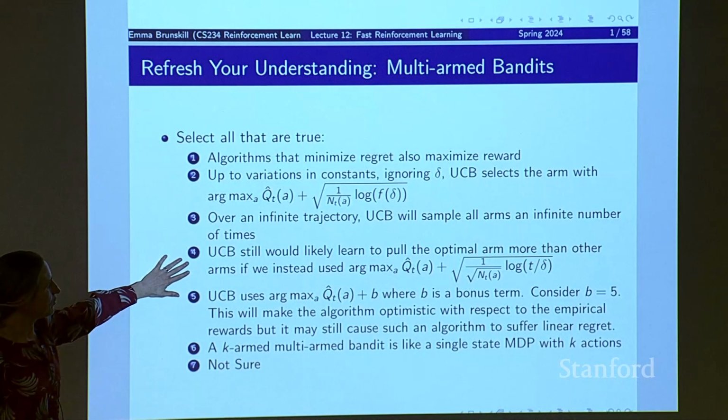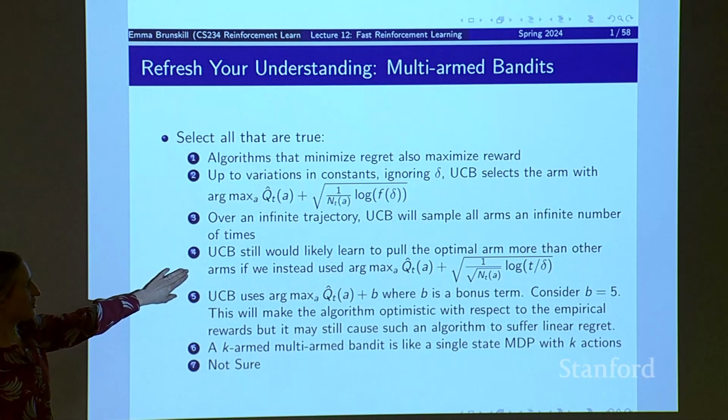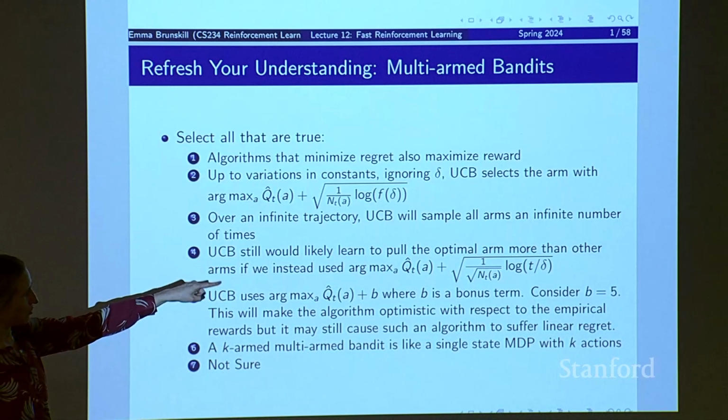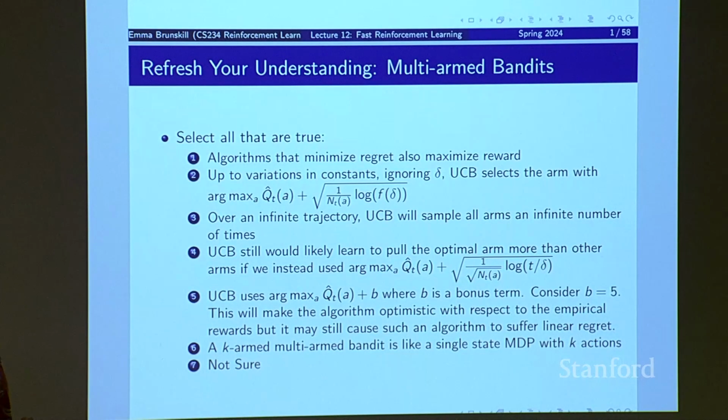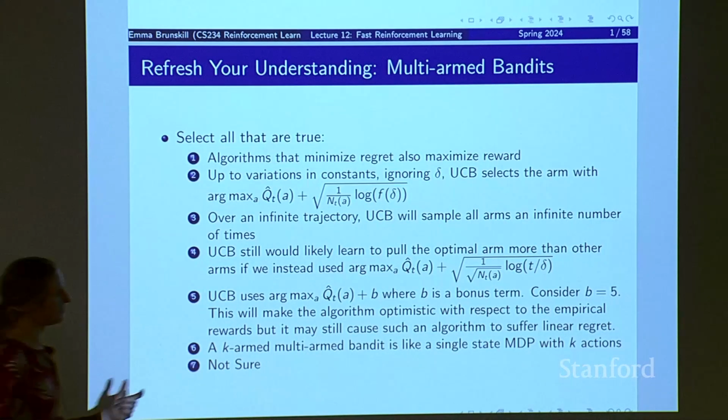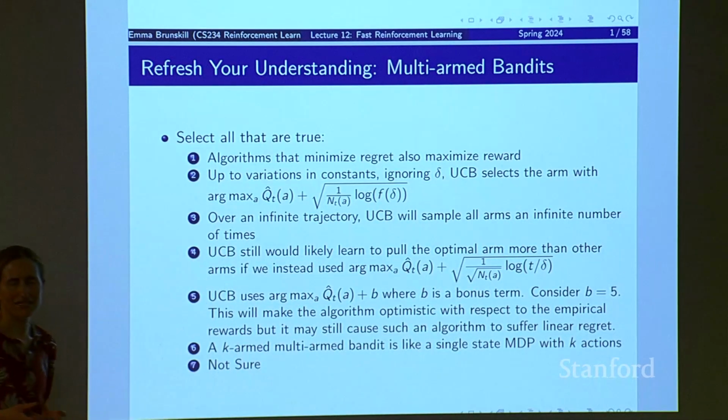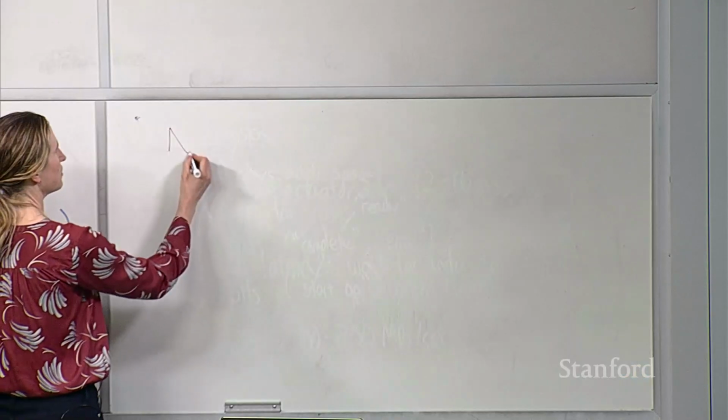Okay, this one was a little bit subtle, and I realize it could be not quite clear whether I was asking you to think about the T over delta part or the 1 over square root NT of A. I wanted you to focus on the first thing. So what this is saying is that instead of shrinking our confidence intervals by a rate of 1 over square root NT, we're shrinking them at a rate of n to the minus 4th. Let me just write that. So we're shrinking it.